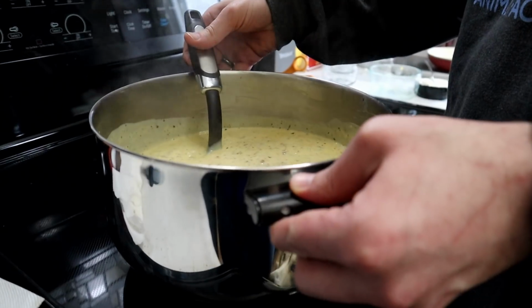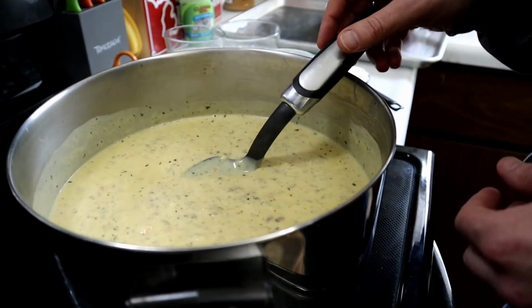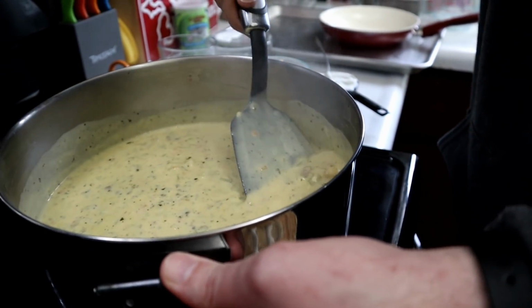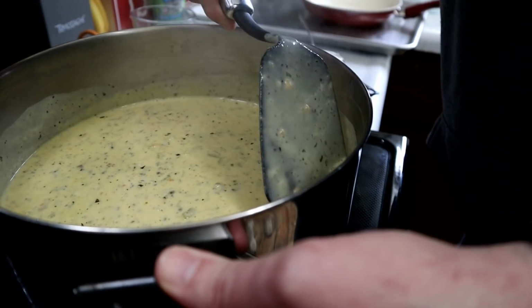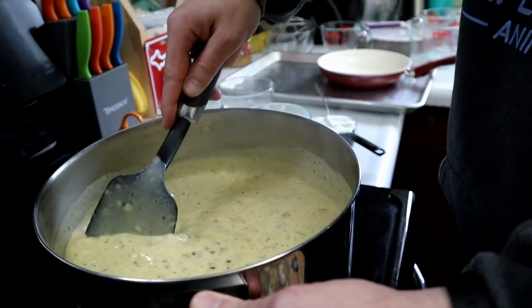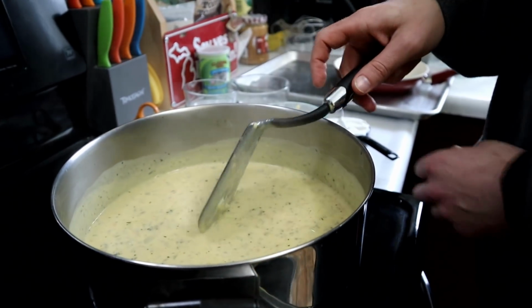Alright. So now we are going to remove it from the heat now that all of the cheese is melted. Look at that beautiful coloring on that soup. Well, I think I found one that just didn't break down. There it goes, it's melted. Well, you might get a bite of cheese in there. Oh no. And now after we remove it from heat, we need to add...